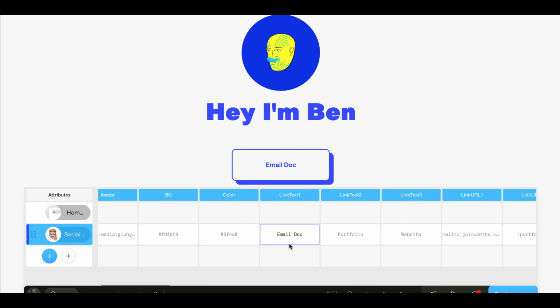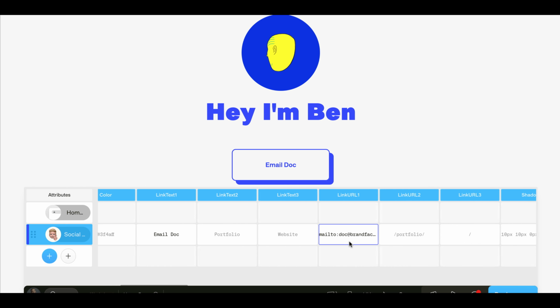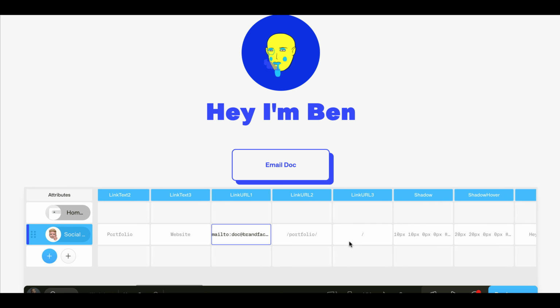Now, if you look at this where it says link text, that's my link text, but look where it says link URL. This is now telling it what to do, where to go, what to happen. So it's mail to, and now I can just decide to change it. I can say mail to doc at Brand Factory Inc., right? So now I'm going to be able to edit and modify the way that I'm looking at this site.